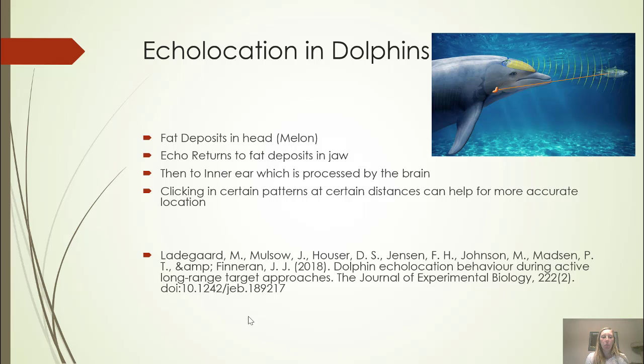The study listed below talks more in depth about how echolocation is used by dolphins. It, for a long time, was believed that there was just a solid pattern when it came to the clicks. This study was actually able to train dolphins into using clicks at certain distances. So it showed a little more about how precise the echolocation is by the dolphins when it comes to finding prey sources or locating things at greater distances.